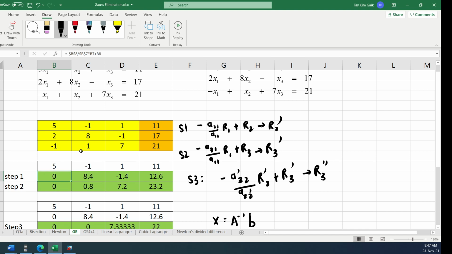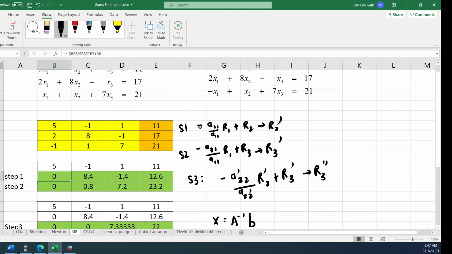And when you want to eliminate A32 to 0, you also no need to make sure the magnitude of A22 is a maximum. You can straight away go to your step 1, where you eliminate this cell A21 to become 0